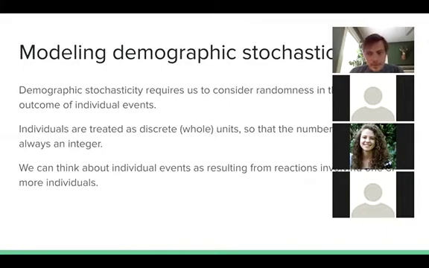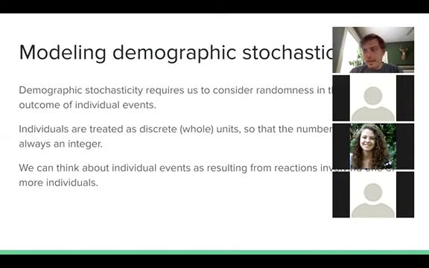So fundamentally, what we have to consider when we start thinking about demographic stochasticity is that there's randomness in the outcome of particular events like transmission events or recovery events. And this randomness arises because we're treating individuals as discrete whole units. So there always has to be an integer number of individuals in our population. We can't have half of an individual. We have to have whole numbers of individuals. And so when we start thinking